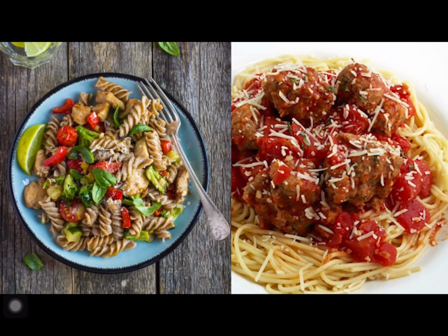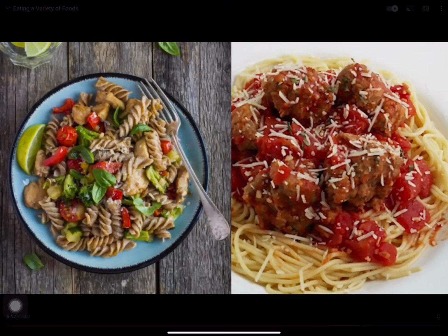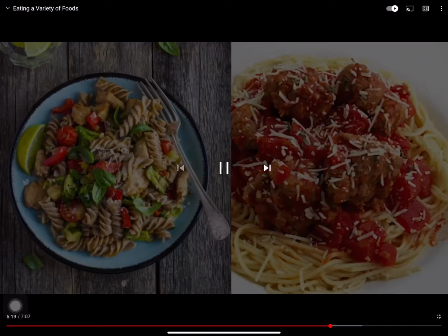One of my favorite foods is pasta. Let's compare these two pasta dishes. In the pasta dish on the right, we have pasta with spaghetti meat sauce. This meal has a grain,